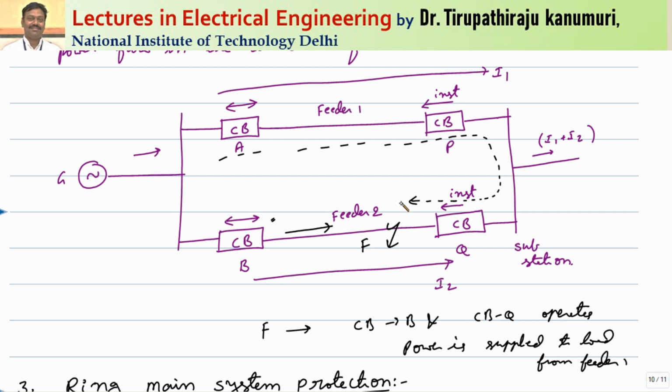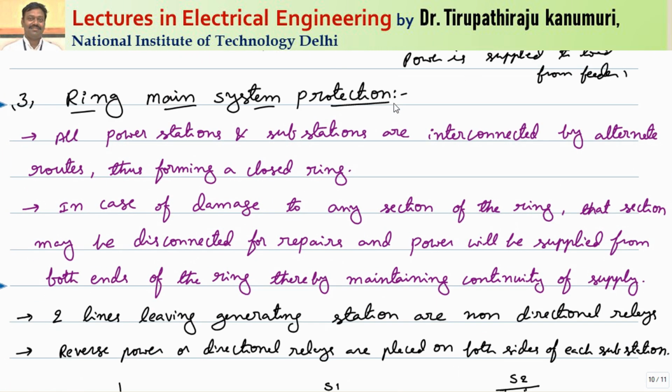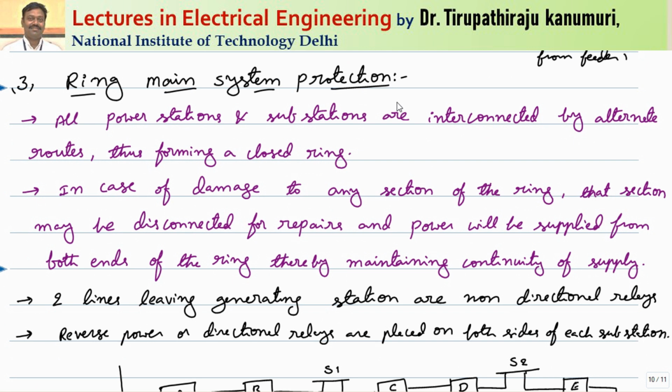Getting this one? Similar is the case if the fault happens in any other location, it will be done in a similar way. So here how are we achieving this? Using two non-directional relays and two directional power relays. These directional power relays operate even for a small magnitude of reversal in the direction of the power. That means even if 10 to 20% reversal of the power has taken place, they will operate in that case also.